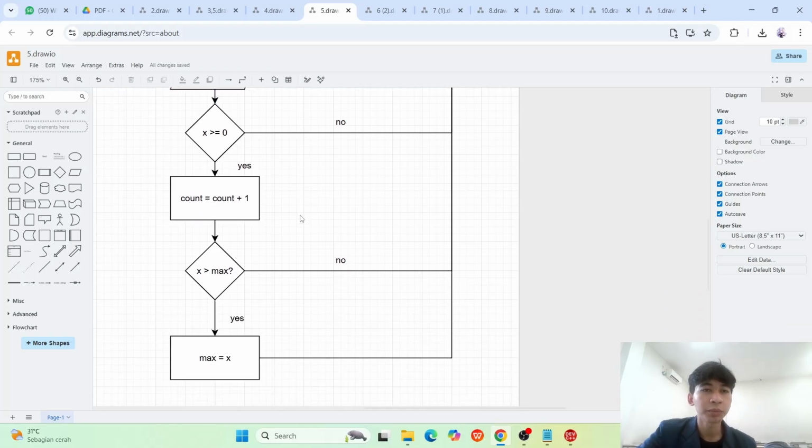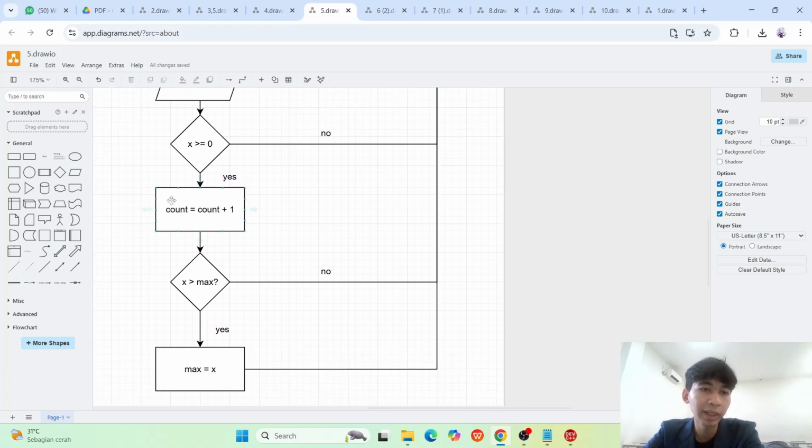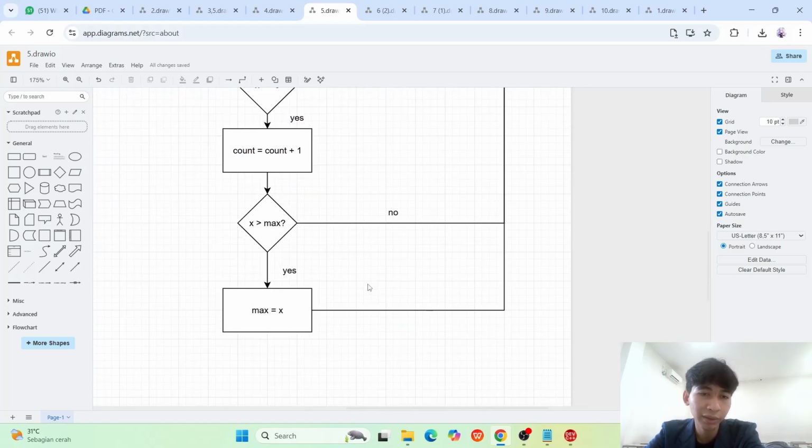That is the x value. If x is bigger than 0, meaning not a negative number, the counter will count up. Then is the x value bigger than the max value, which is still 0 here? If yes, then x will be the max value.